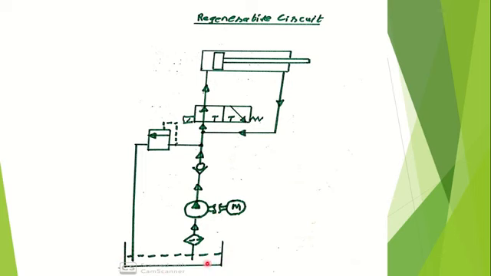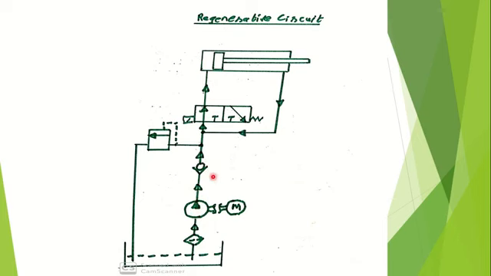This is the construction and assembly of the hydraulic circuit. It consists of a tank, hydraulic oil, suction strainer, pump coupled with motor, check valve, pressure relief valve, 3x2 direction control valve and actuator. Working is as below. When the pump starts, the oil is sucked into the pump and pressurized fluid is obtained with the help of the pump. The pressurized oil then enters towards the direction control valve.